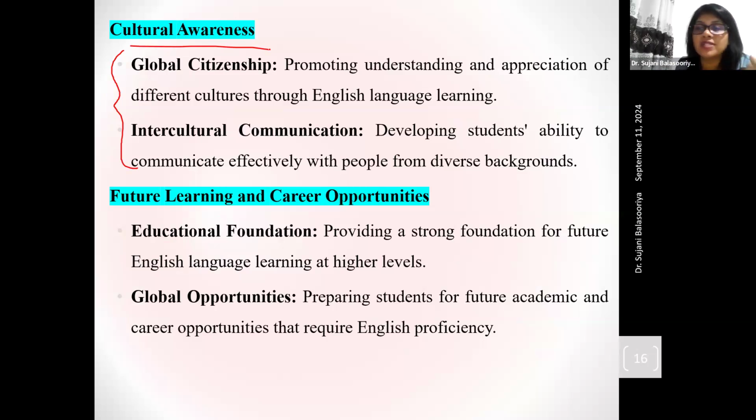Talking about global citizenship, okay. Well, I will give you again one or two minutes. Just be familiar with this stuff, right? I think I could not give you time, right? Go through these points.